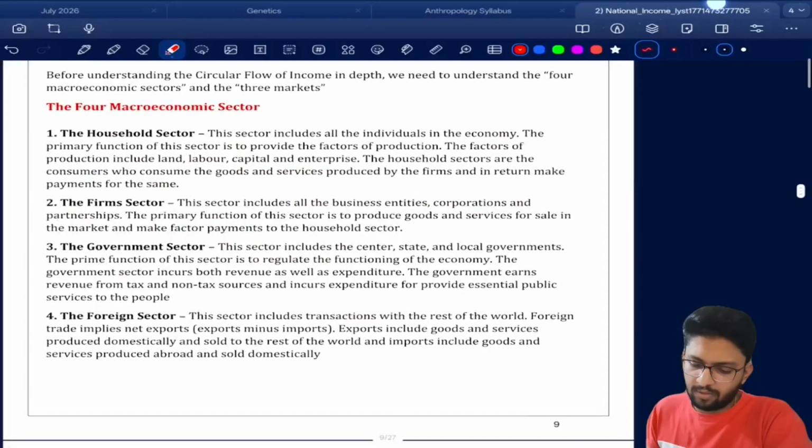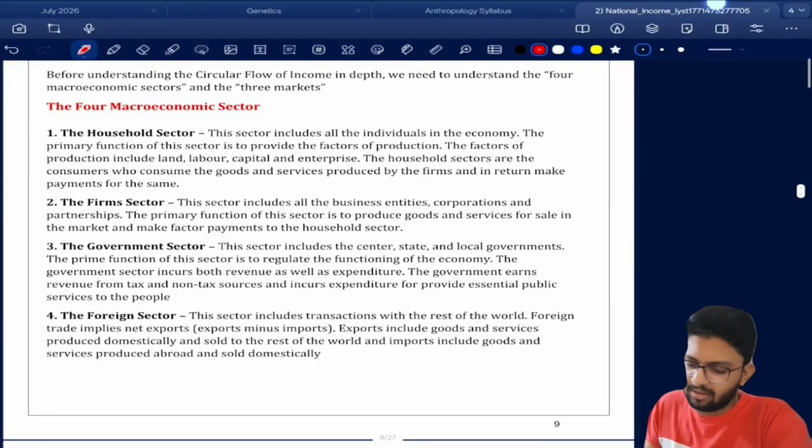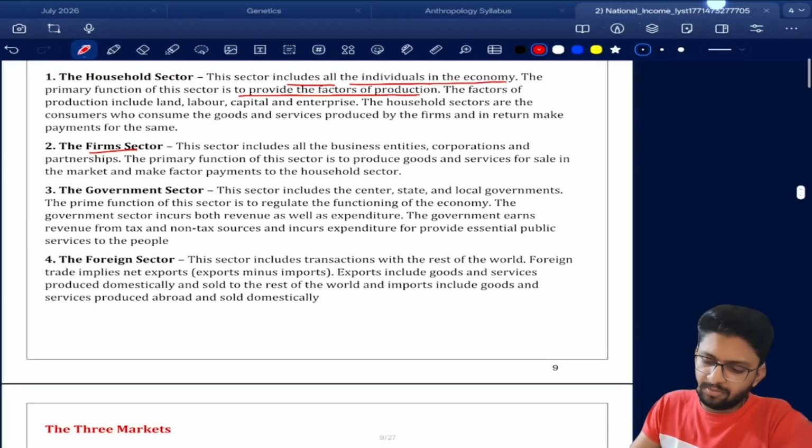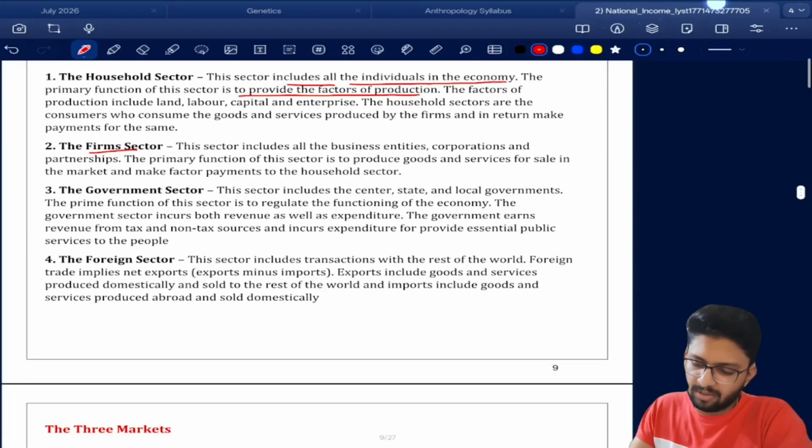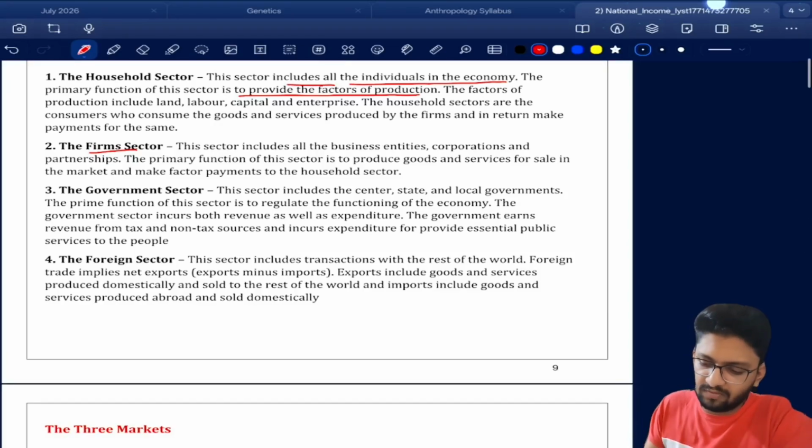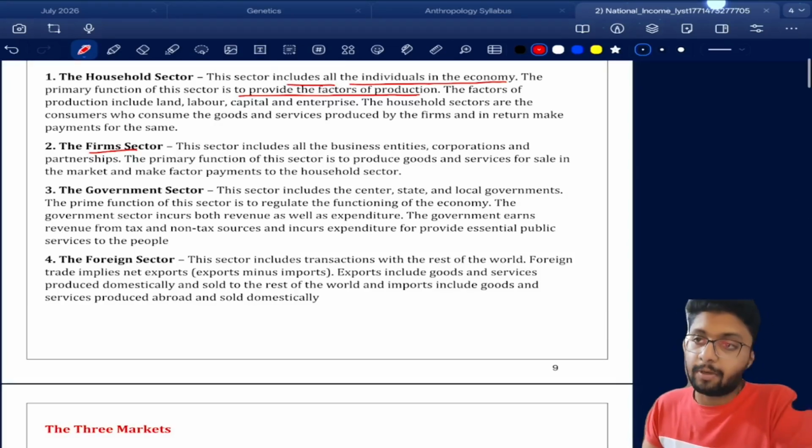The four macroeconomic sectors. The household sector. This sector includes all the individuals of the economy. The primary function is to provide the factors of production. The firms sector. This sector includes all the businesses and business entities, corporations, and partnerships. The primary function of this sector is to produce goods and services